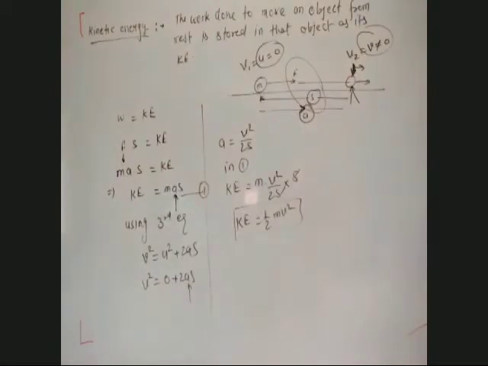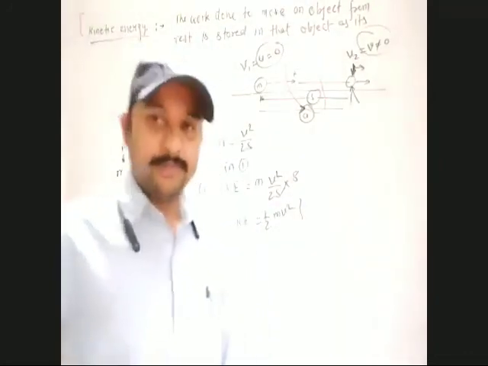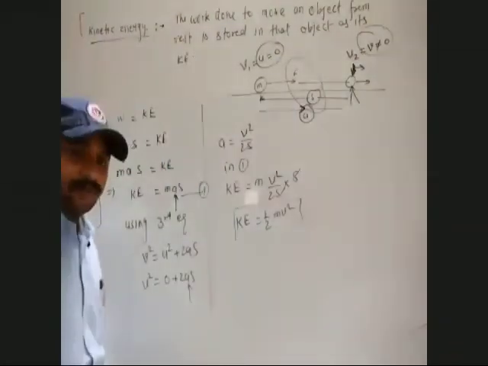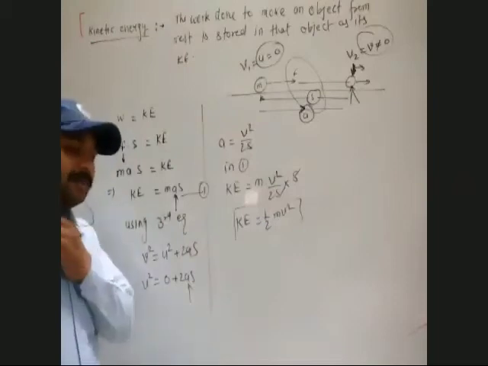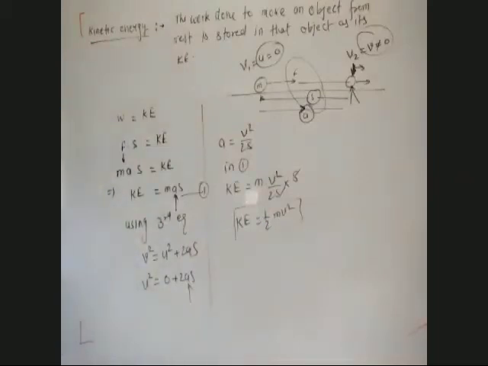Sir, write this derivation. Sir, kinetic energy is written as E, right sir? It's okay, don't worry. You can write KE, EK, or anything. It's an abbreviation. You can use any abbreviation to represent kinetic energy, but it should be related.